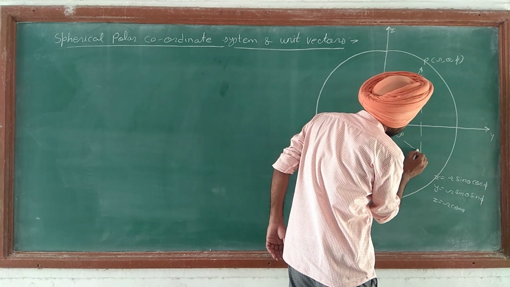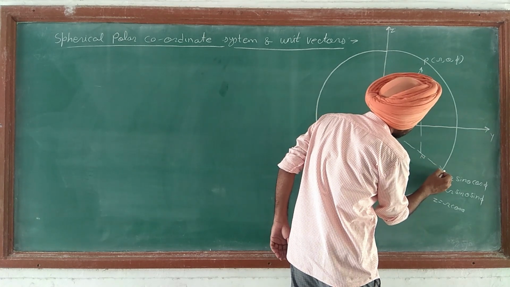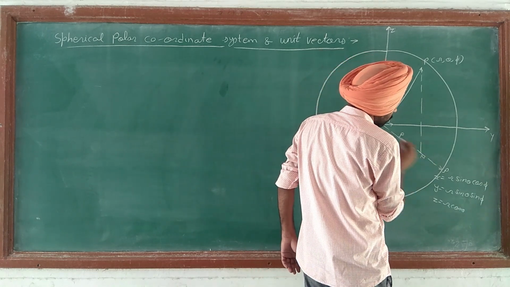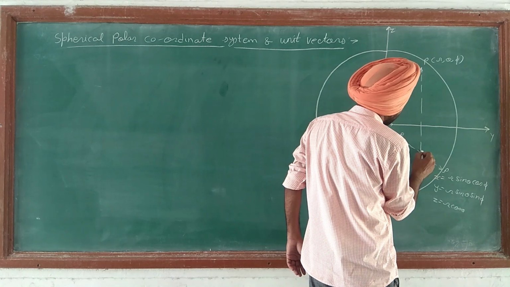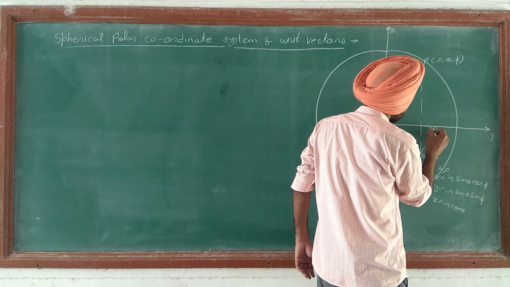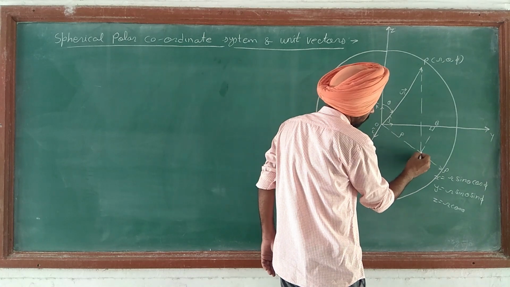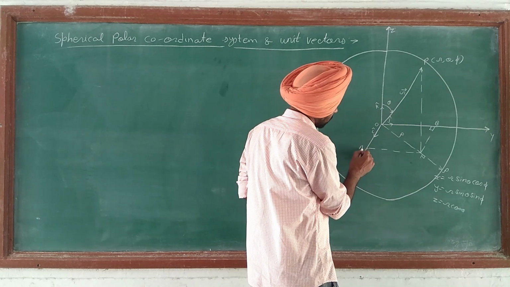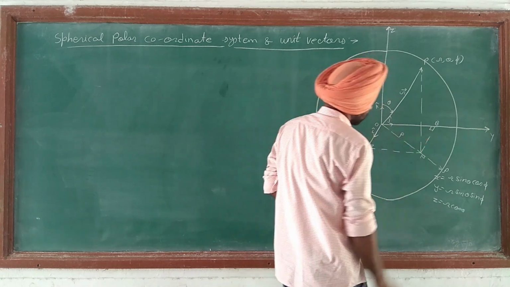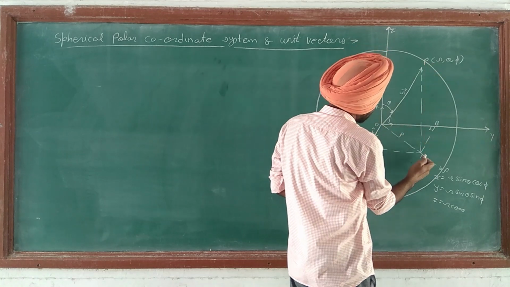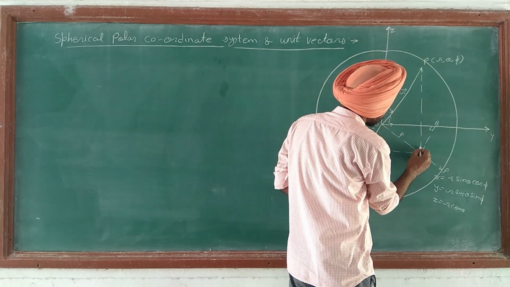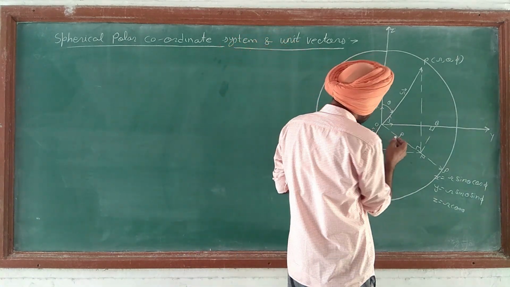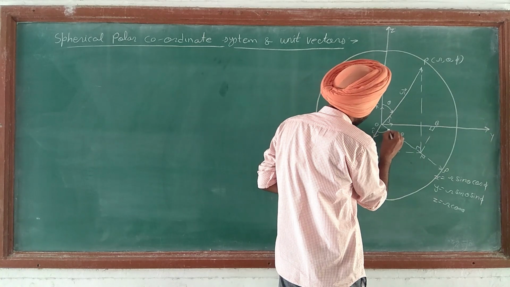Now we extend it as rho axis, and from point N we draw a perpendicular to the y-axis, let it be point B, and we draw a perpendicular from N to the x-axis, let it be point A. So these are the perpendiculars. So the angle between P and O rho is 90 degrees. And the angle the rho axis makes with the x-axis is phi.